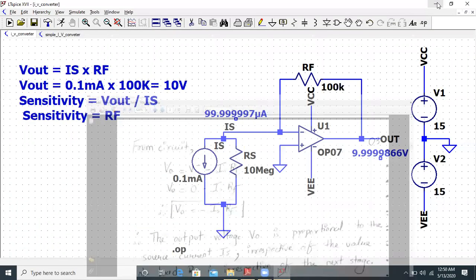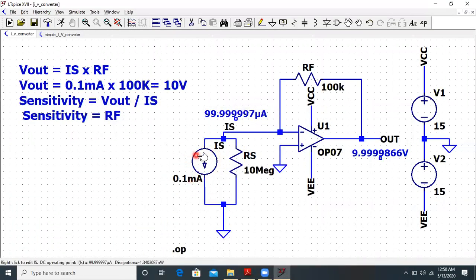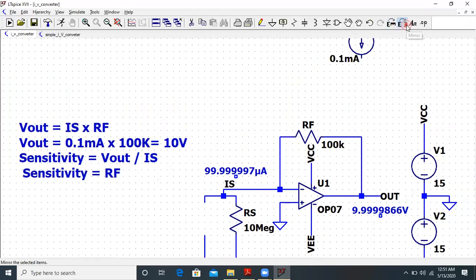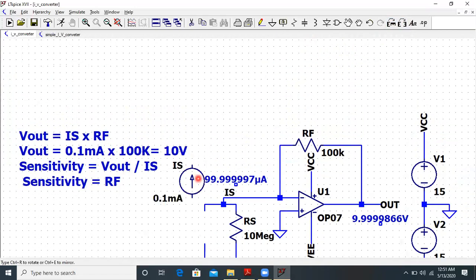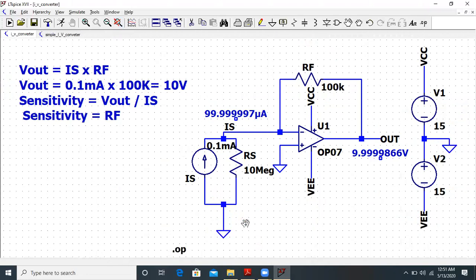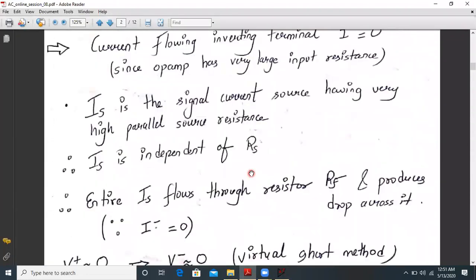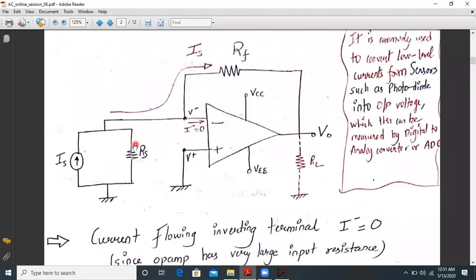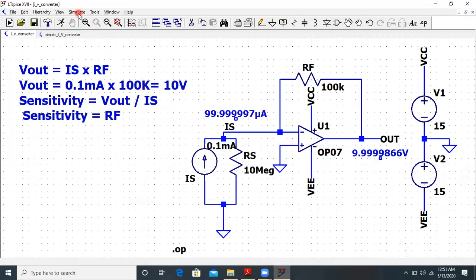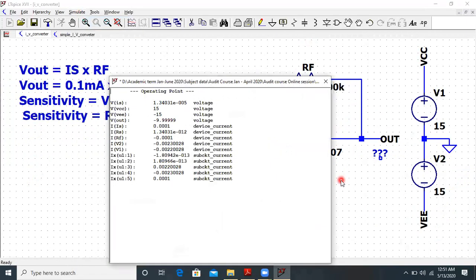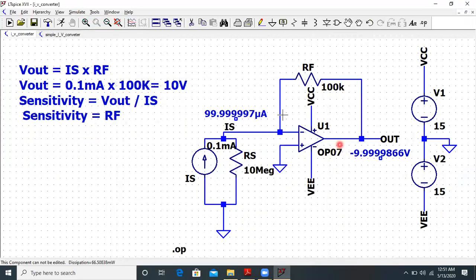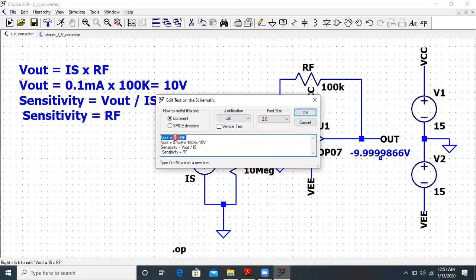So let us also do that. What we do is we'll change this thing, we'll force the current inward. So I have to mirror image this. So what I will do is I'll click on this, and I will do exactly like this. Okay, I'll change the direction of this current source, because then it will be as per the one given in the PDF. So looking at this circuitry now, we are forcing the current into the circuitry from the current source. So now it's looking proper. So now the value of the output will directly come out to be, let's say, negative. Yeah, it's correct.